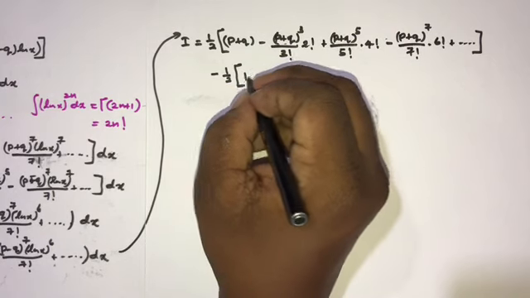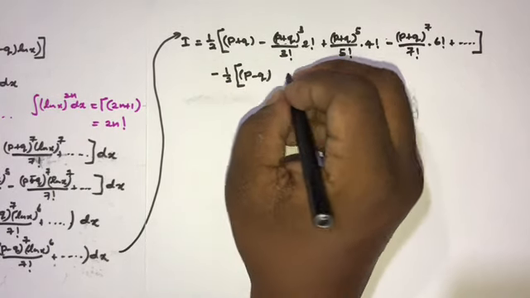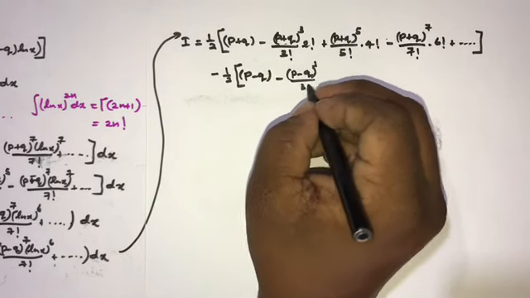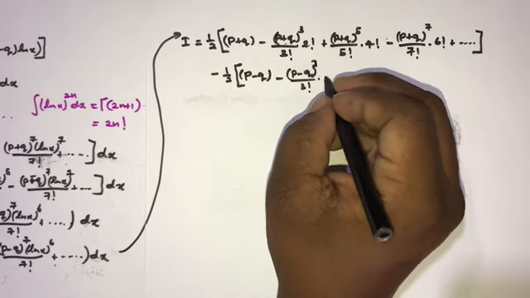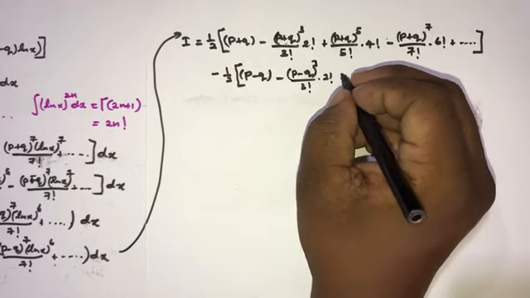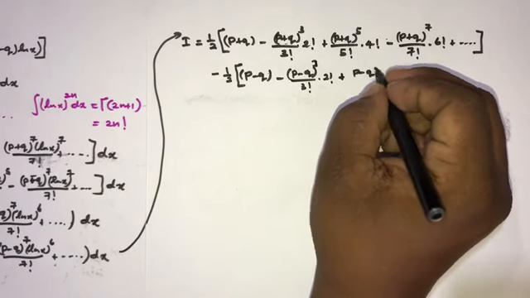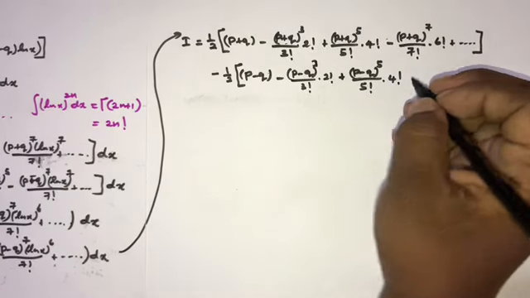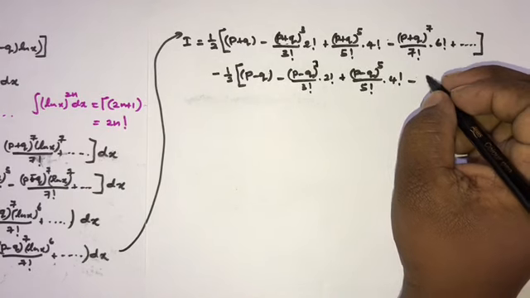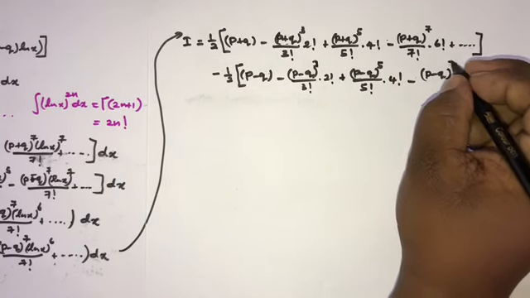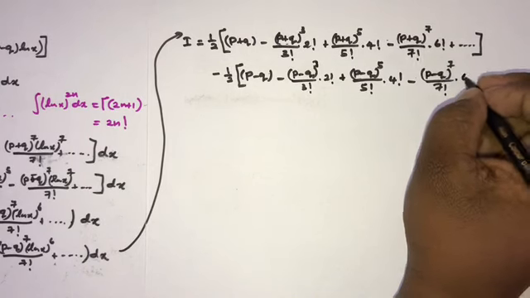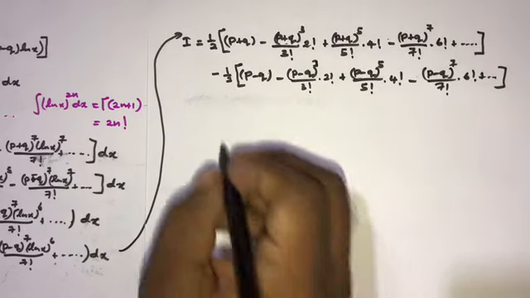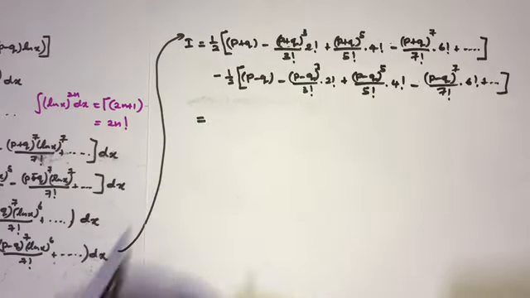and here for the second integral, minus 1/2. Here we have only p minus q, then here (p minus q) raised to the 3 power over 3 factorial, here 3 power times 2 factorial, then plus (p minus q) raised to the 5th power over 5 factorial times here 4 factorial, minus here (p minus q) raised to the 7th power over 7 factorial times 6 factorial plus so on. Okay, then